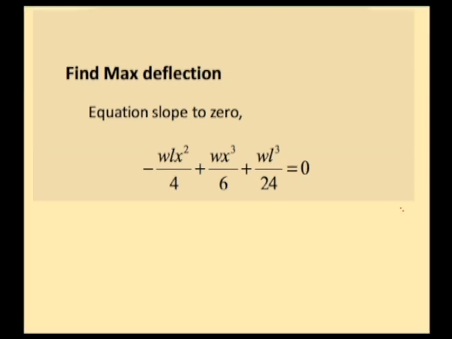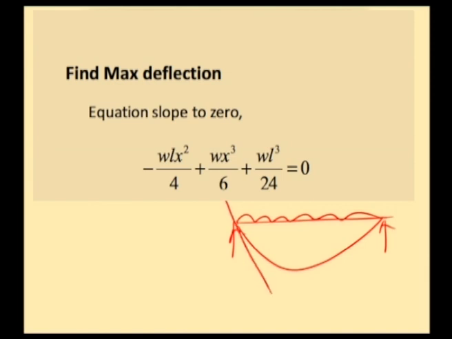And to find maximum deflection, because the simply supported beam subjected to UDL, uniformly distributed load, will be deflecting in this pattern, and we have found slope at A, we can find slope at B. So, somewhere the slope will be 0. So, we need to identify the point where slope is 0. So, where slope is 0, the deflection will be maximum. So, equate the slope equation to 0. Here we get x equal to L by 2, and naturally in case of symmetrical loads, the deflection will be